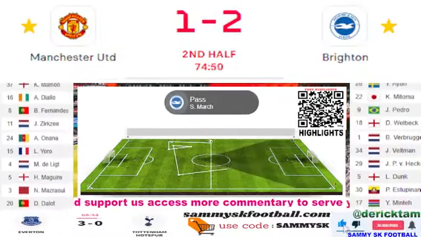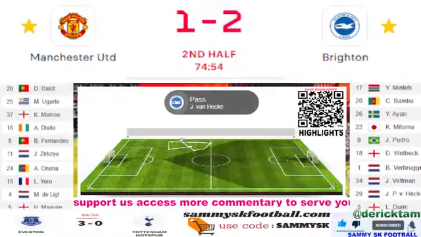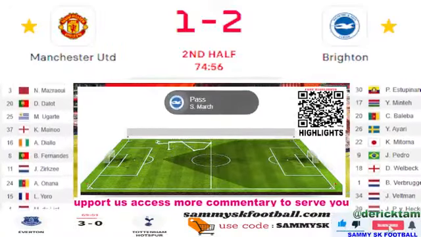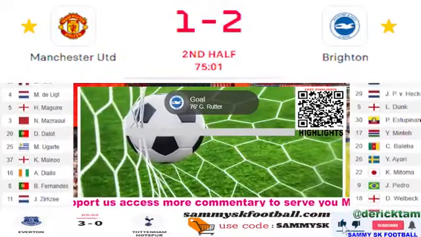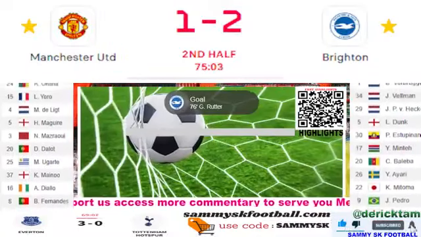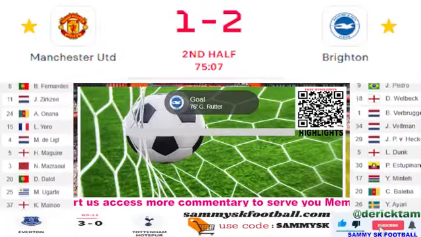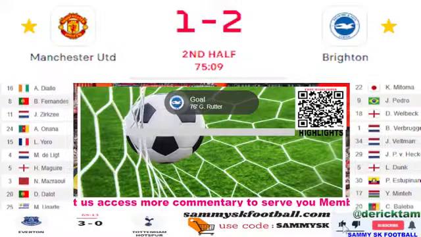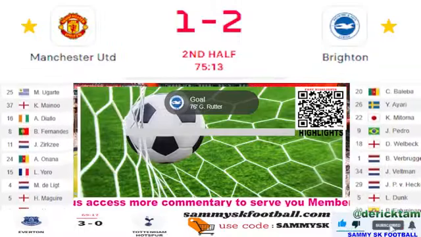So Brighton going to try and pass out from the back. Just one shot on target for Man United in the game, which isn't really good enough. None from open play, only 5 attempts. It's not been a very exciting game full stop. Only 5 attempts for either team, 3 shots on target in total. So there's not actually been a shot on target for either side that's not led to a goal. You could argue, therefore, poor goalkeeping maybe on Onana's part, but I don't think he was really to blame for